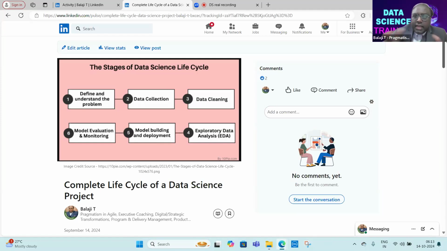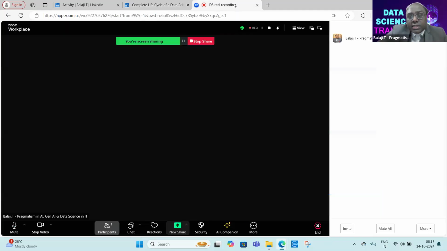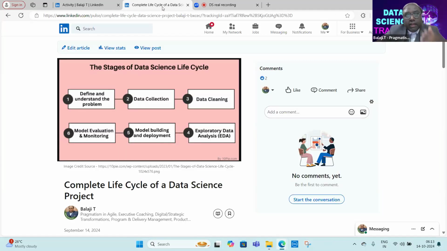In this case, it's an internal project, but when you're working on a real-time data science project exposed to the public cloud, you need to have discussions with so many diversified target groups, diversified user personas.